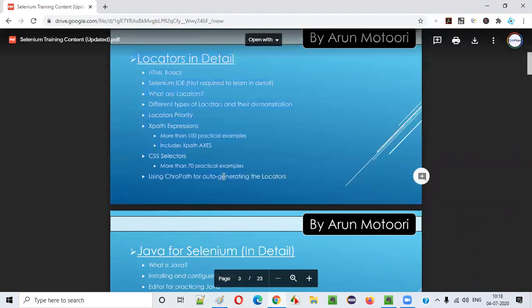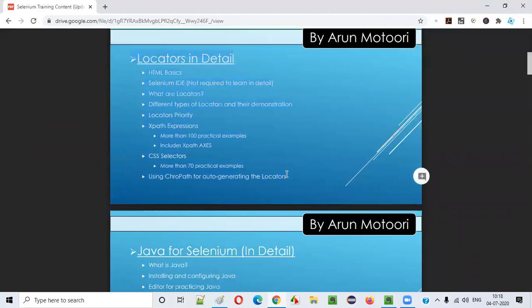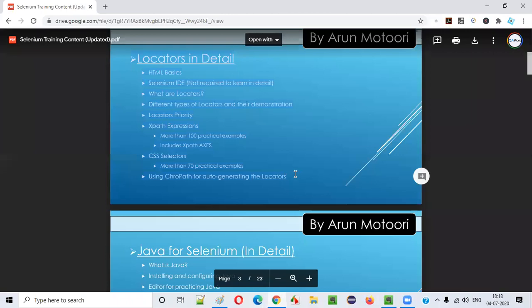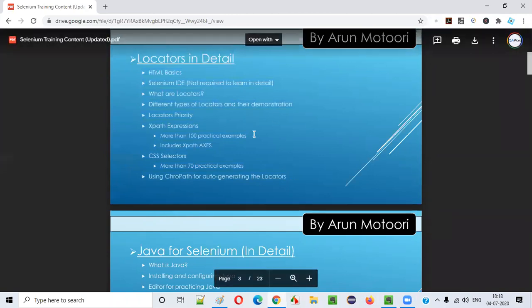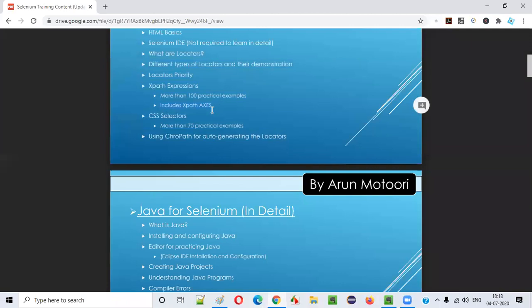These are very important, guys. Without learning ABCDs, we cannot create words, right? Without creating words, we cannot create statements. Same thing. Here locators are like ABCDs, guys. We should learn ABCDs first, then we can write the words, then we can write the sentences. That's how the course is structured. Fine. So advanced topics like XPath axes will be covered. That's for sure.